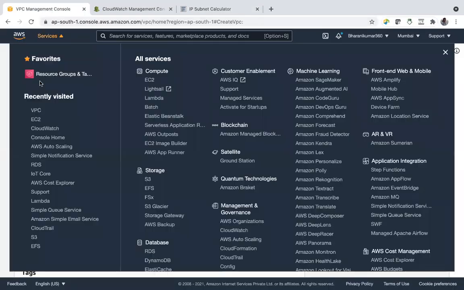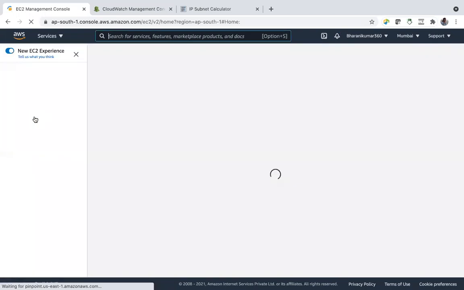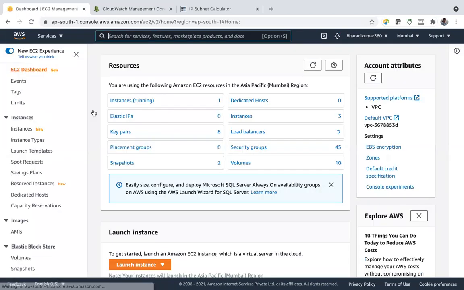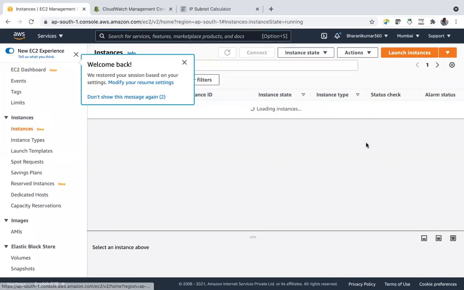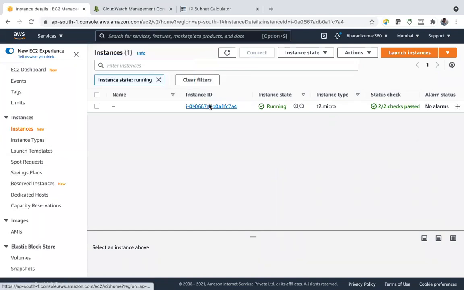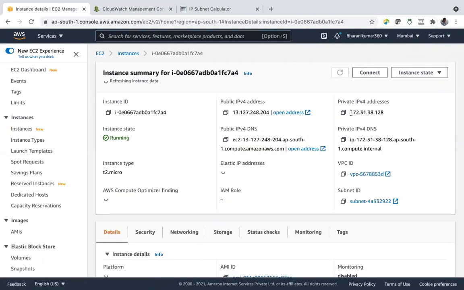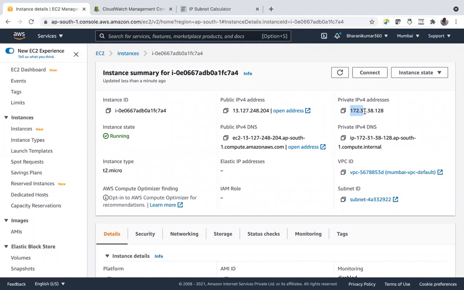If I go to EC2, forget about public IP now. We are only talking about private IP addresses. So the private IP is 172.31.38.128. This is my private IP address.